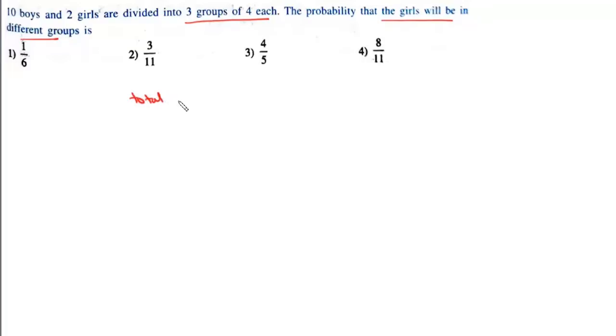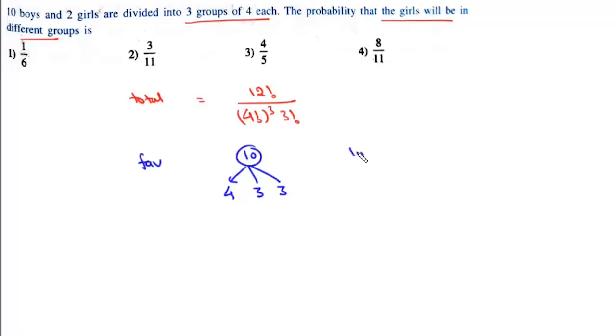Now the total number of ways in which we can distribute them in 3 groups of 4 will be factorial 12 divided by factorial 4, 3 times, and then factorial 3. Now we need to find the favorable case when the girls are in different groups. So what we'll do is we'll actually take up these 10 boys and distribute them in groups of 4, 3, 3,